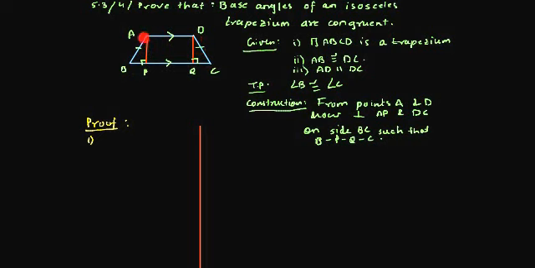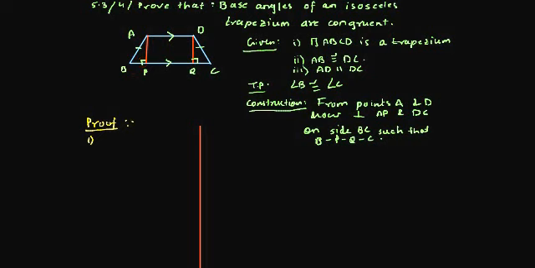Very easy. AB is equal to DC, given to you. AP is equal to DQ. This is the distance between two parallel sides. So distance between two parallel sides will be equal. These are two parallel sides, and these are the distance between two parallel sides. That should be equal, and one angle is 90 degrees.